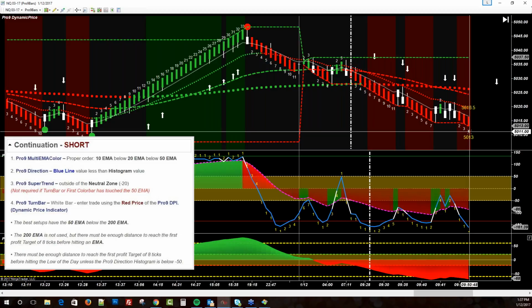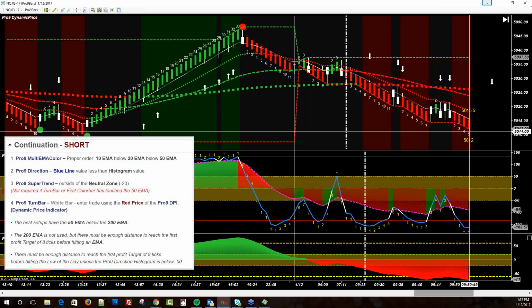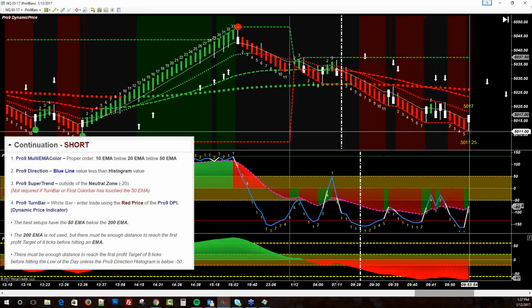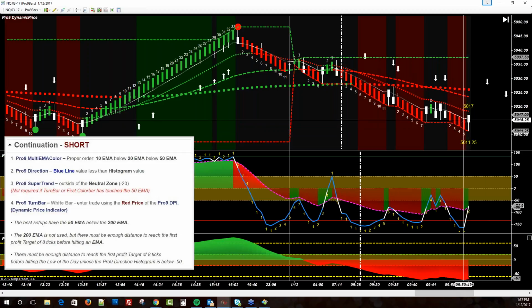So we've sold our 2 contracts for our 8-tick profit target and adjusted the stop on a runner to break even, which is where we are now. We're going to leave the stop on a runner at break even and unfortunately get stopped out here by this turn bar. So we did manage to get into a couple trades and at least hit our profit target, which is one of the great things about this money management strategy. Even if our runner doesn't go,